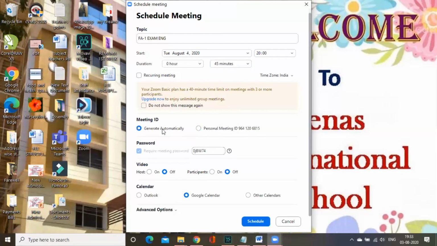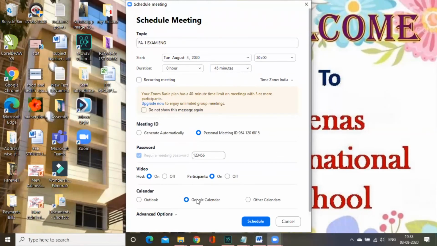Don't go to general automatically, because it will be difficult for the students to use the password. In personal meeting ID you can give 1 2 3 4 5 6. You can create your own ID, which is very easy for the students to enter as the password. Then host video on, participant video on. That's it. We are not creating any recurring meetings, so just click on schedule.